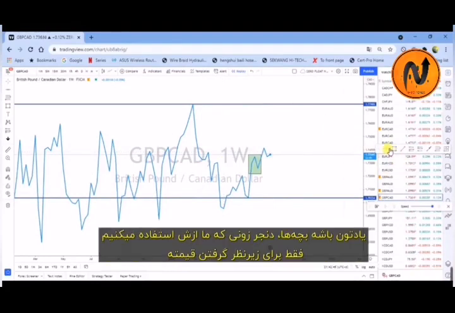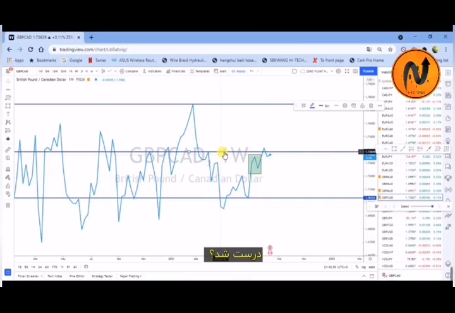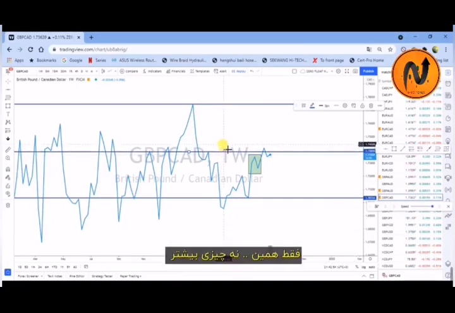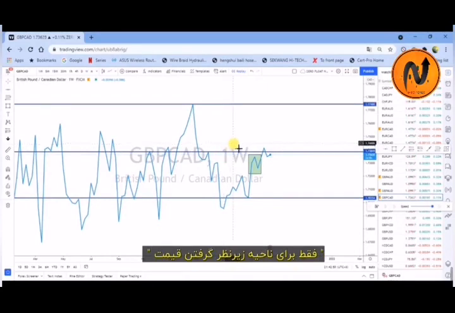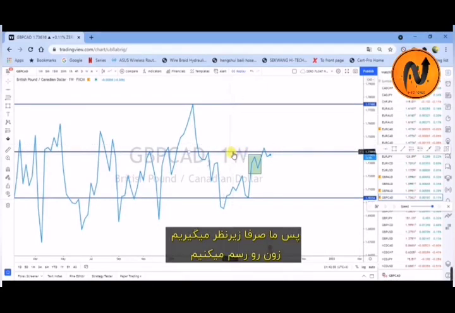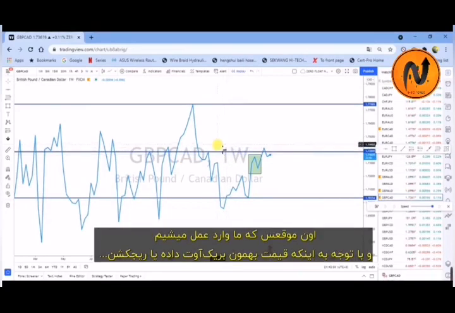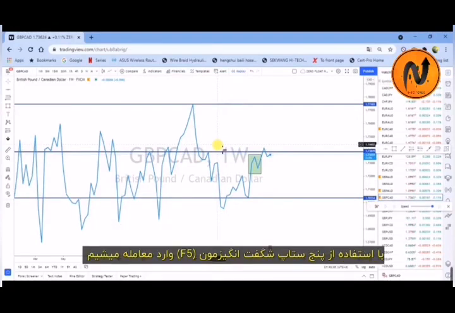Remember guys, the danger zone that we use is just to monitor the price. So you monitor the price, see whether the price gives you a rejection or a breakout. That's it, nothing more than that. Just as a monitoring zone. So we mark the zone, and if there is any rejection or breakout, then only we react to the price, and then only we enter using the F5 setup. Okay guys,